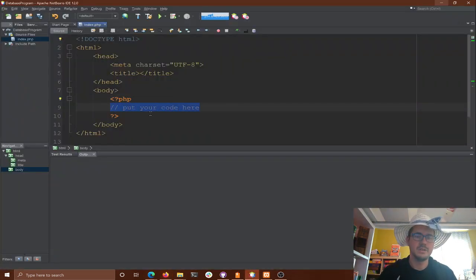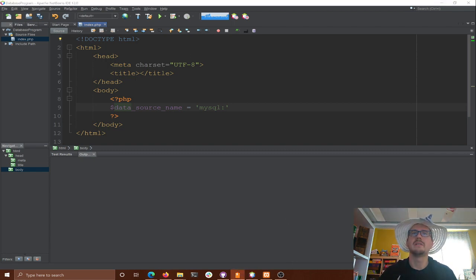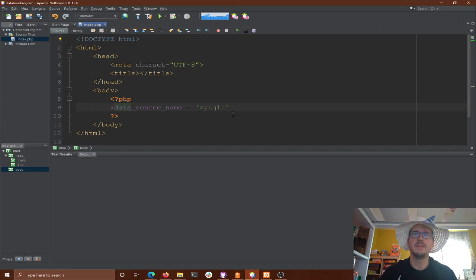So in our PHP code, we need a couple things. We need the data source name. And this is a particular pattern. So it's MySQL colon, and you know what? I am just going to double check what that looks like because I can never remember. I always have to look at these. So MySQL colon, there we go. And then it's host equals. Ours is localhost because we're connecting to our local database. If you're connecting to a different database that's not local, you'd put in its name and address. Localhost, and then semicolon. Now we have a DB name, and ours was test. So we're saying connect to the localhost database server on MySQL, find the database name test.